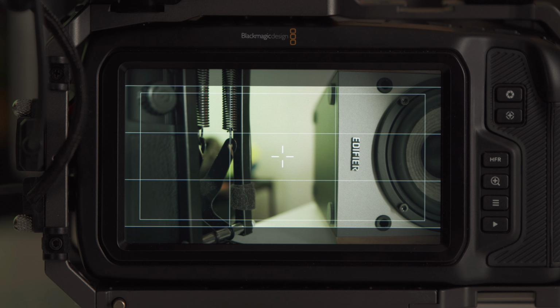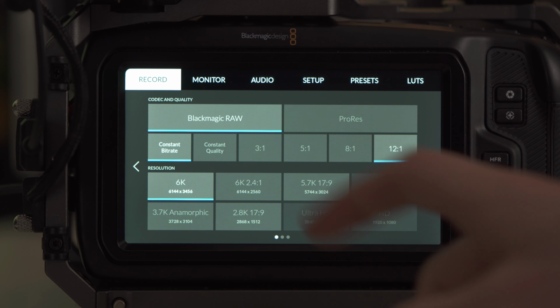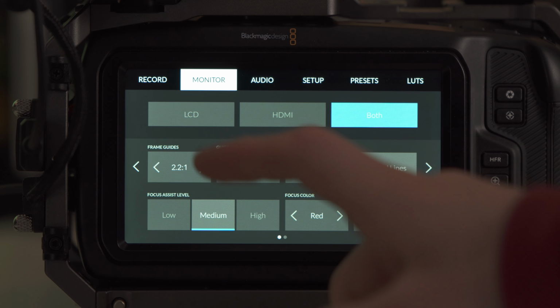So a big plus to this feature on this particular set of cameras is that if you're doing a particular custom aspect ratio that isn't supported by your external monitor, then you can just leave your monitor's frame guides blank and send the frame guides from your camera via the HDMI to your external monitor and have that custom ratio there too. To do this, you'll want to open up the main menu and come to Monitor and select the